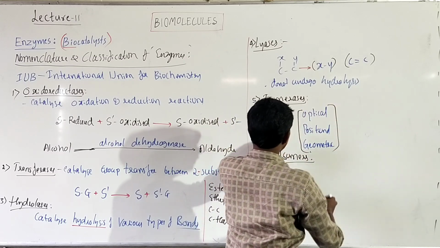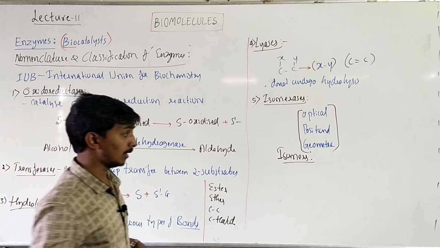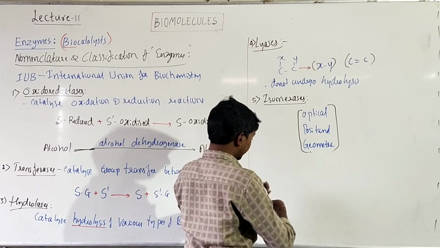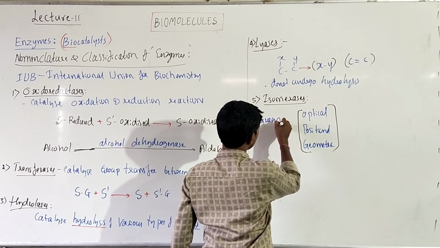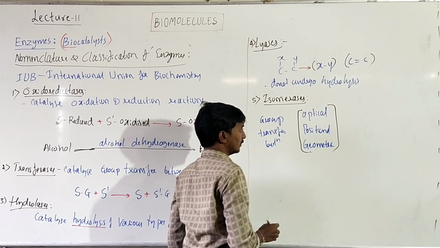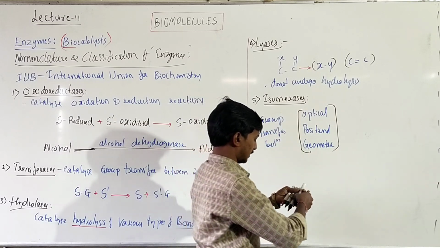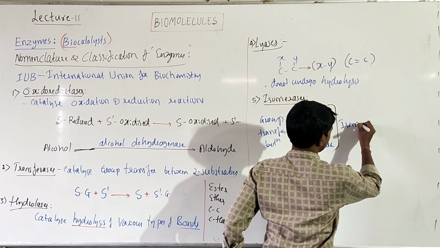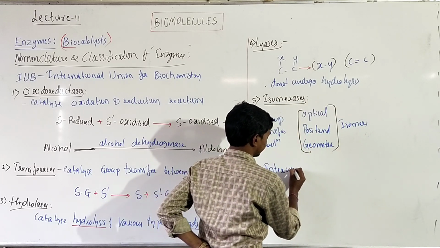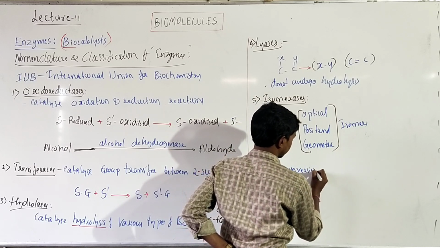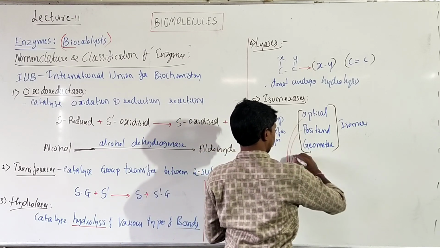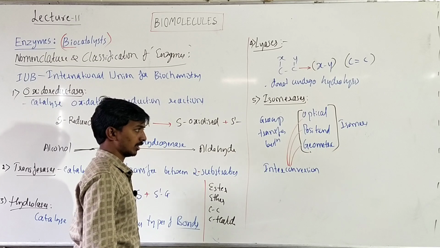Okay. So here these enzymes will help in group transfer between optical, positional, geometric isomers, or they help in interconversion of the different types of isomers. Okay. For example,